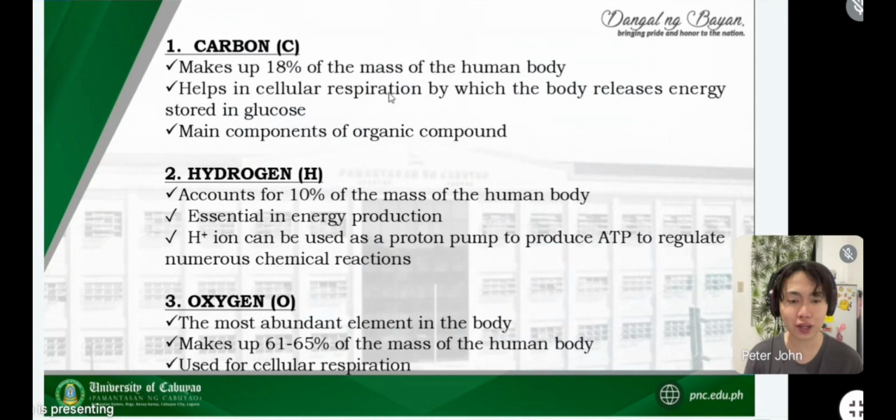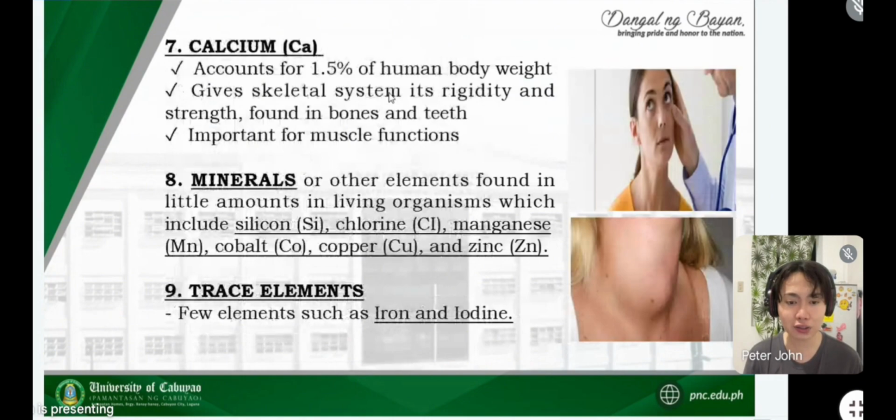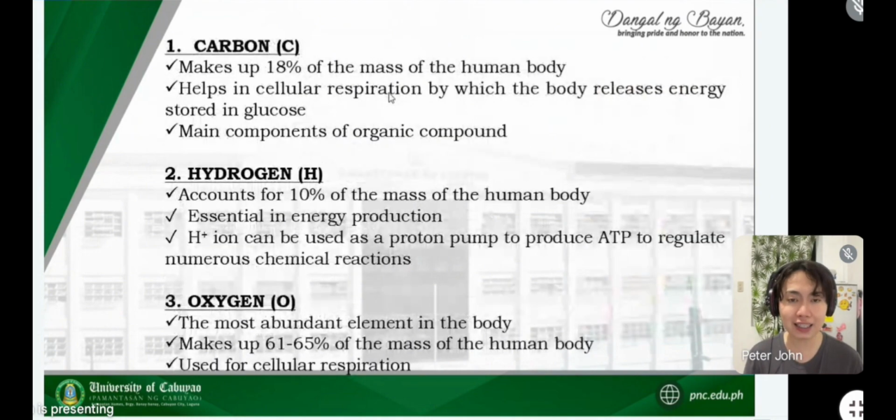We have the carbon, the hydrogen, oxygen, nitrogen, phosphorus, sulfur, calcium, minerals, and other trace elements. So, okay. Unahin muna natin yung dalawa sa pinaka-importante. We have the carbon and hydrogen. So, again po, carbon and hydrogen is necessary to identify whether that molecule is organic or inorganic. So, ulit nga po, organic pag si carbon and hydrogen is present sa chemical formula ng sabay. Pag yung present lang is isa sa kanila, either si carbon or si hydrogen, tinatawag natin inorganic.